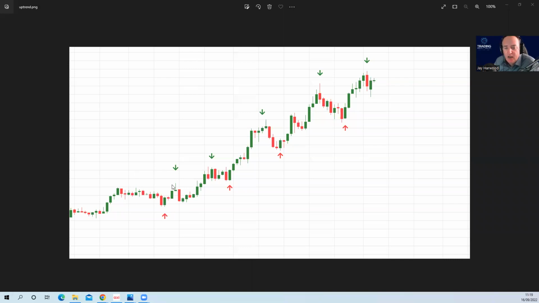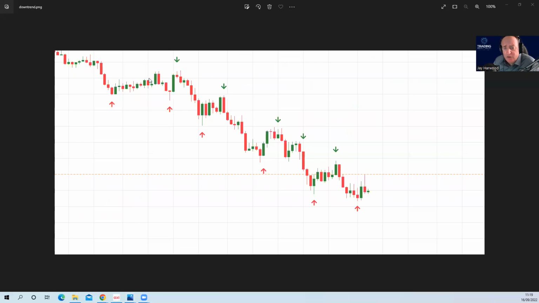You can see higher highs, repeatedly higher highs, and higher lows. Okay, this is actually the dollar chart on a 3-day, I think. Here's a downtrend. This is the euro dollar also on 3 days. So lower lows, okay, or lower highs, sorry, and lower lows. Okay, now,